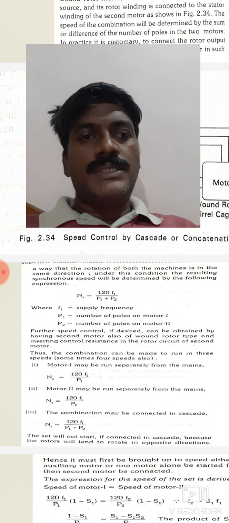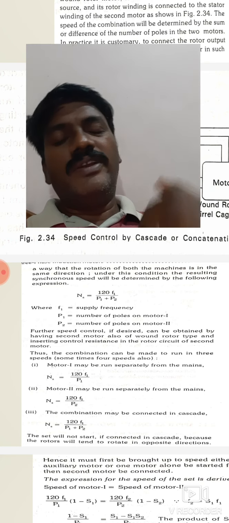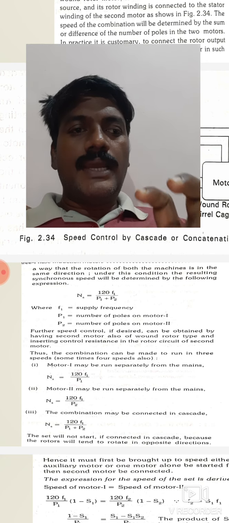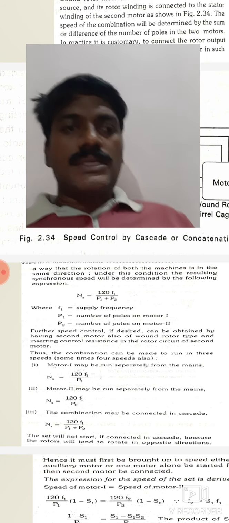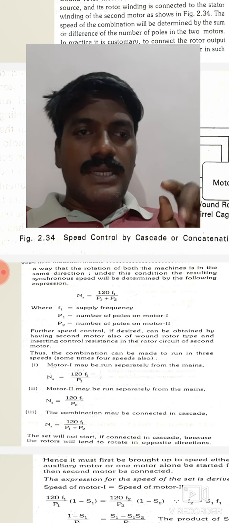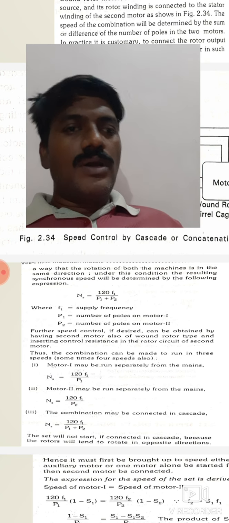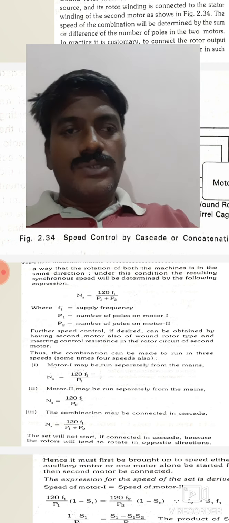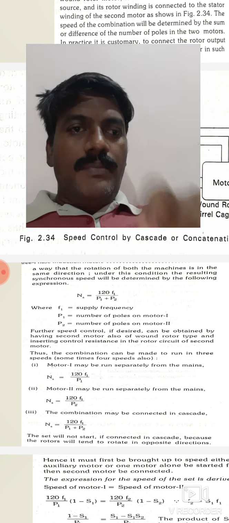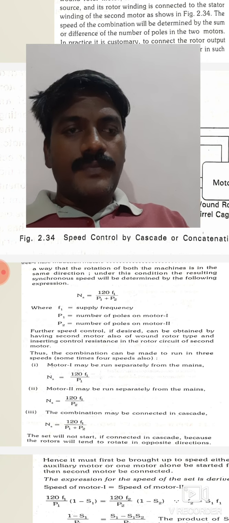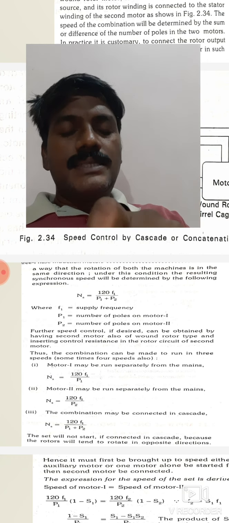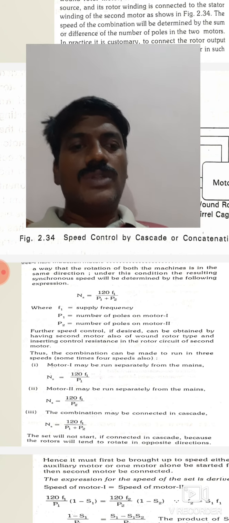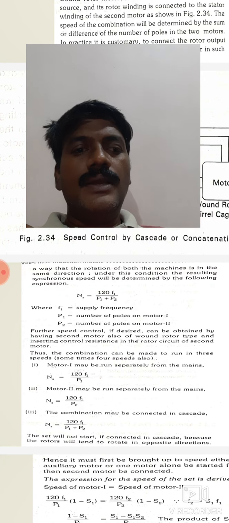And the second point is, the first motor is given a three-phase supply, and the first motor output, here output means at the slip ring side, the rotor side, the three slip rings are connected to the input of the second motor, right? Output of the first motor, the rotor output, is connected to the input of the other motor. So whatever EMF is induced in the first motor is the voltage source to the second motor, right? So let us consider